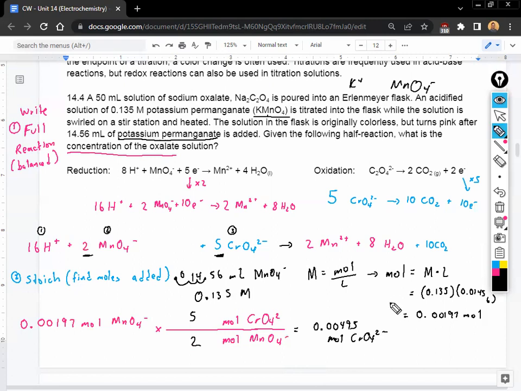So we got the moles of oxalate. Anyone want to take a shot at why we're not done yet? Yeah, molarity. We're trying to find the concentration. And so all we need to do now is divide this by 50 milliliters, and then we'll be all done. I'll give you the final answer, but you should be able to figure it out. All you got to do is divide this by,